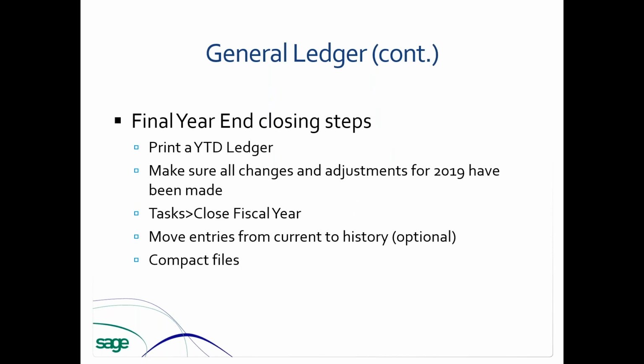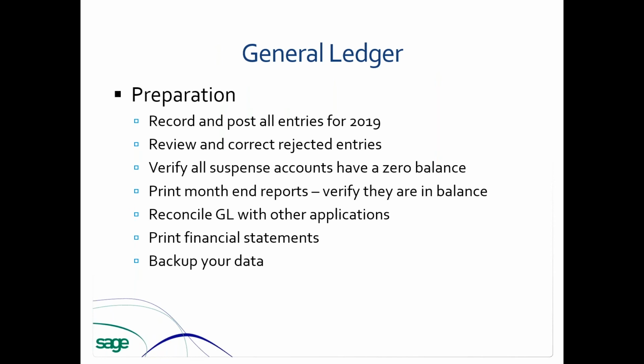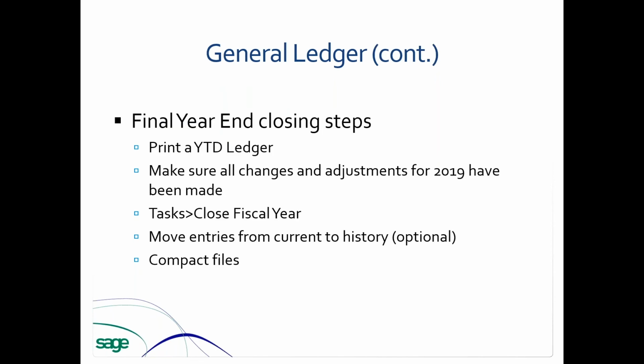Okay. Now the difference here, this is just a preparation part. I've repeated this again as far as the final year end. Print a final year-to-date ledger, and again, making sure everything has been done, closing the year, moving current to history, and then compacting your files. So let's take a look here